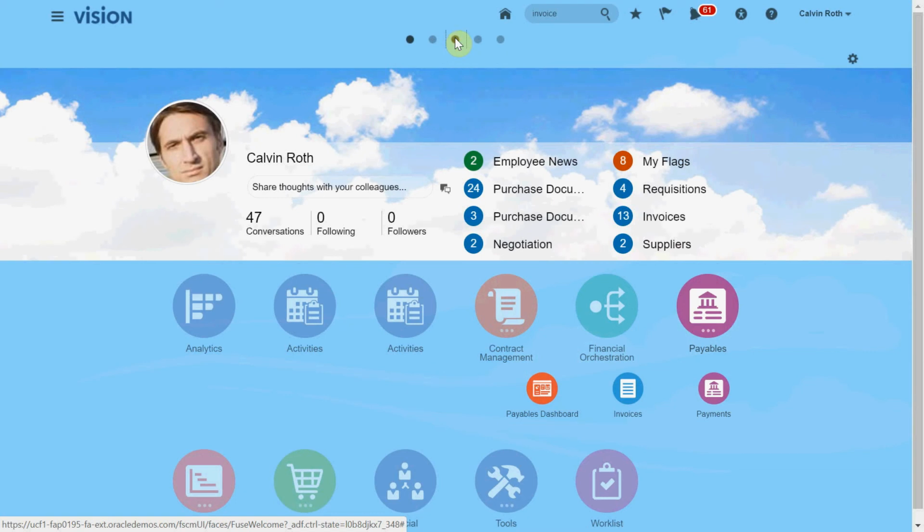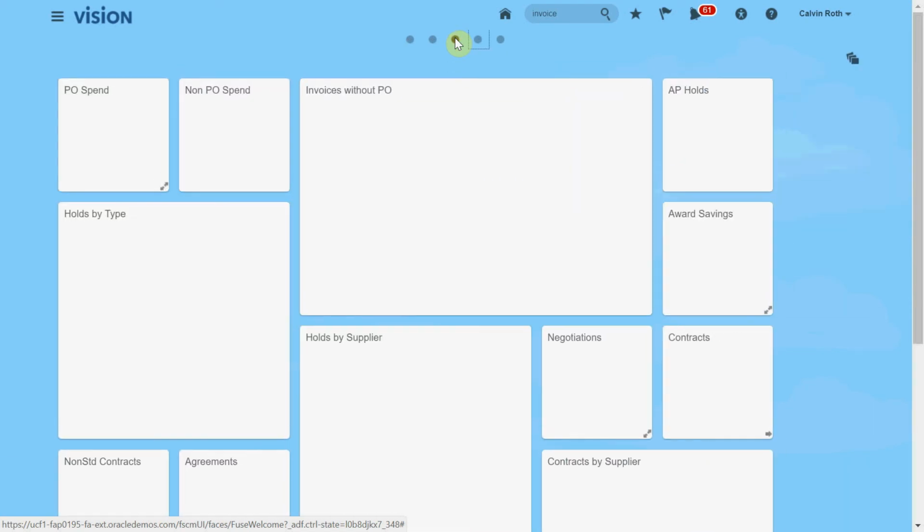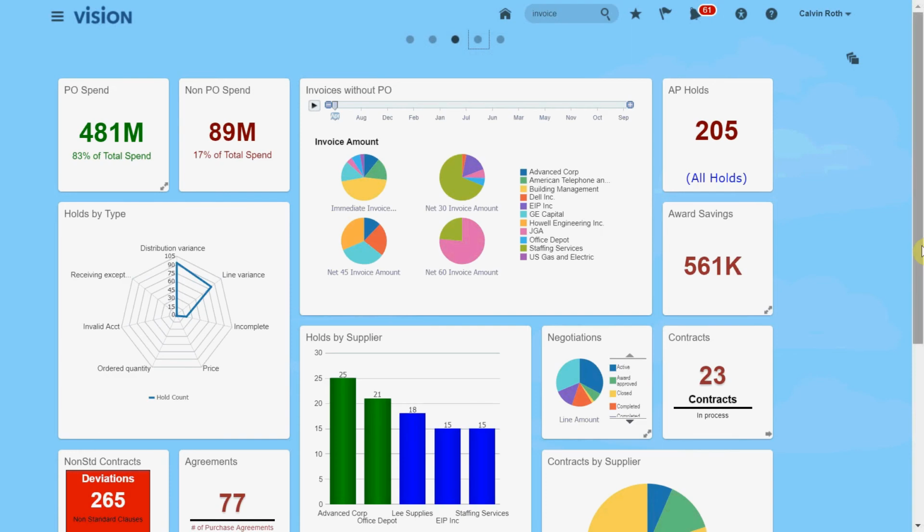The system also allows you to design dashboards which contain multiple infolets that give you a picture of the health of your department. On Calvin's dashboard, he has different KPIs representing different functions within procurement. I can compare spend across the org,